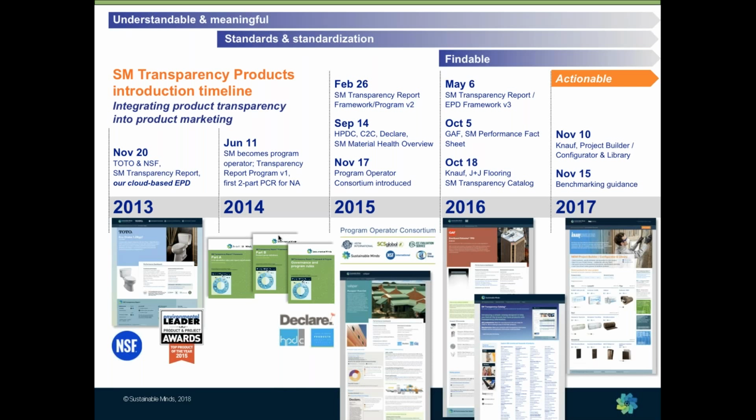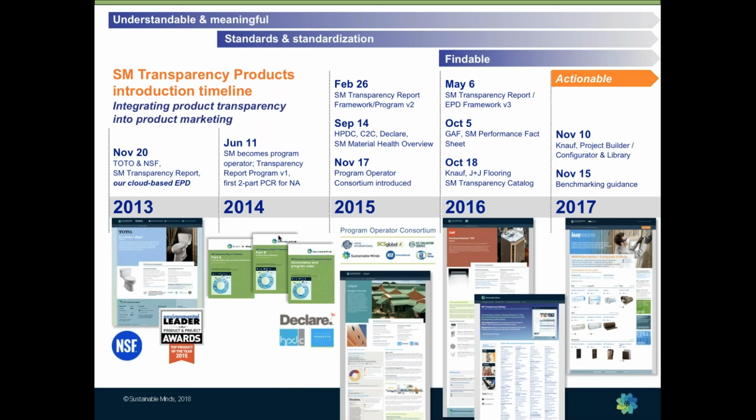And from there on, we have continued to keep that technical program up to date with a new Part A every year to keep current with standards and trends that are happening around the world. We have a persistent technical advisory board of some of the leading LCA practitioners in North America, as well as representatives from a number of the other program operators to contribute to creating a standardized, more consistent, more collaborative technical